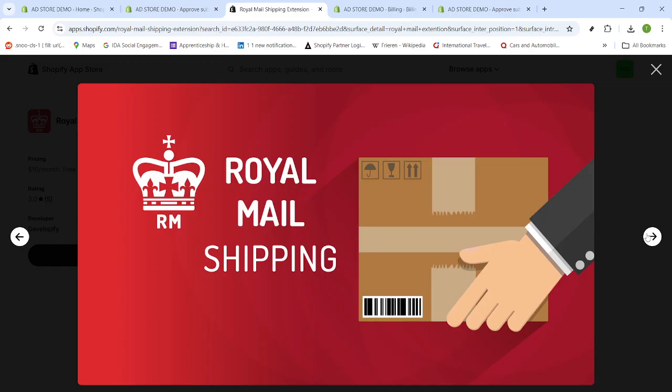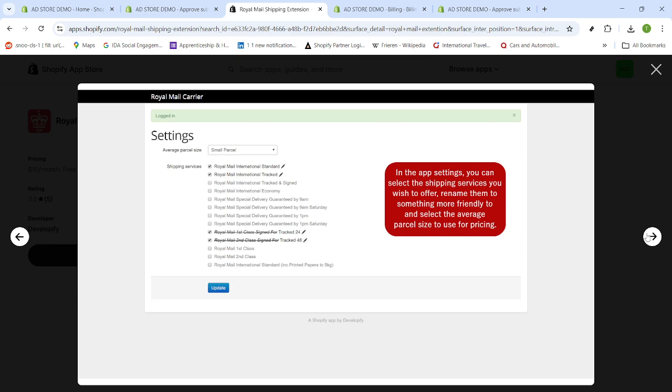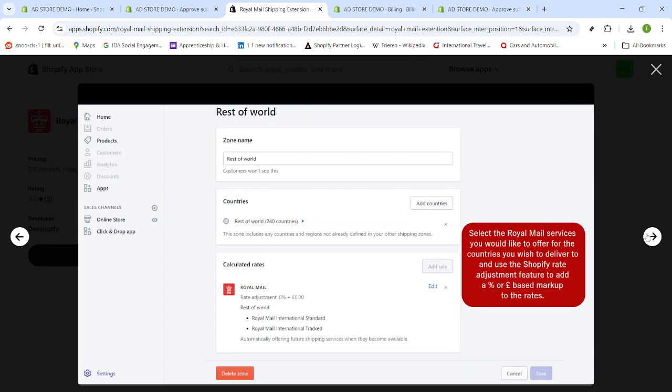That's it. You've navigated to Apps, found the Royal Mail shipping extension, added it to your store, confirmed permissions, and approved any required charges. From here, you can continue inside the app to tailor settings to your business and start using Royal Mail services from